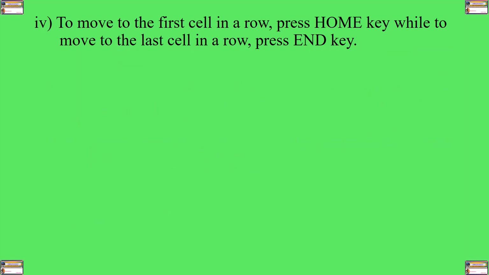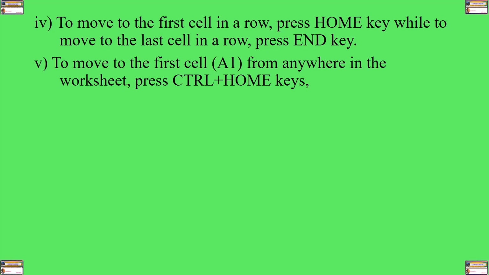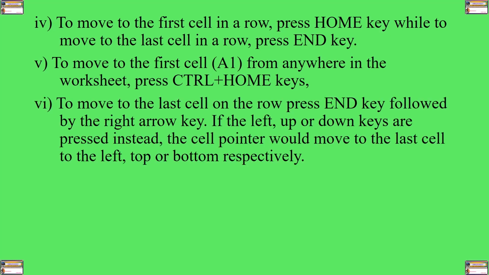If you want to move to the first cell in a row, just press Home key, the key written Home on your keyboard. While to move to the last cell in a row, you just press End key. If you want to move to the first cell, A1, from anywhere in the worksheet, you just press Control key together with the Home key. So when you are pressing down the key written CTRL, press Home key using the other finger and then release both. Number 6, if you want to move to the last cell on the row, just press